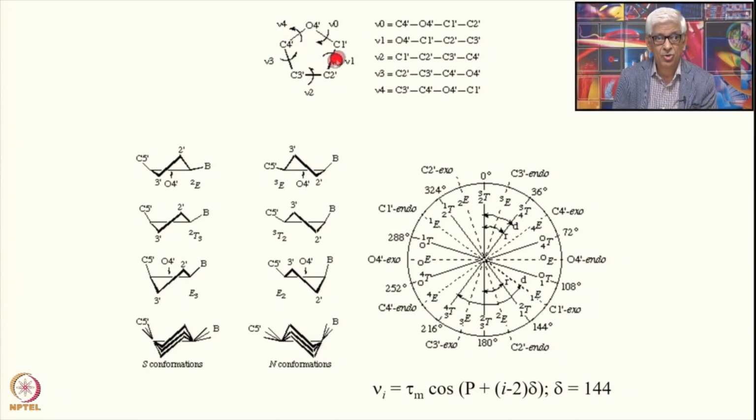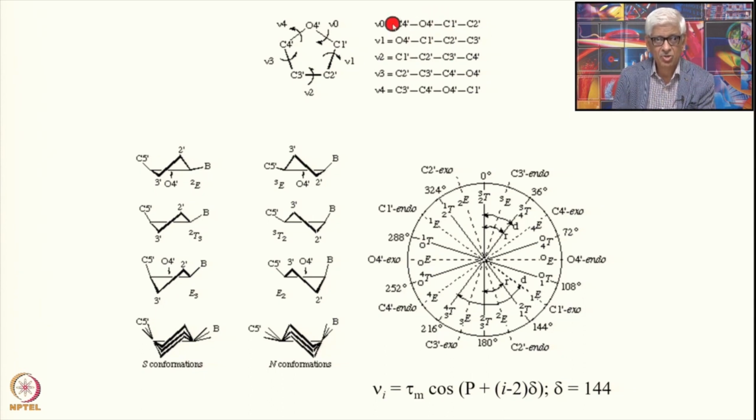So nu0, nu1, nu2, nu3, nu4, not all of them are very independent. The torsion angle is defined in this manner. So the nu0 torsion angle is defined as the rotation angle around this bond here, which defines the relative positions of C4 prime and C2 prime. Okay. C4 prime, O4 prime, C1 prime, C2 prime, and around the central bond there is this rotation